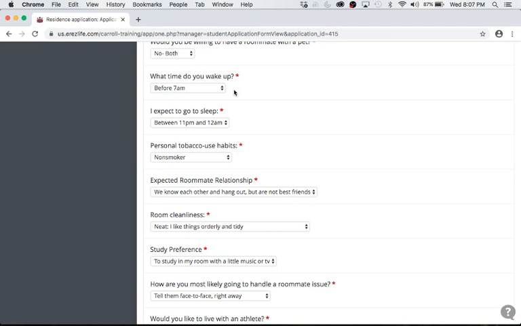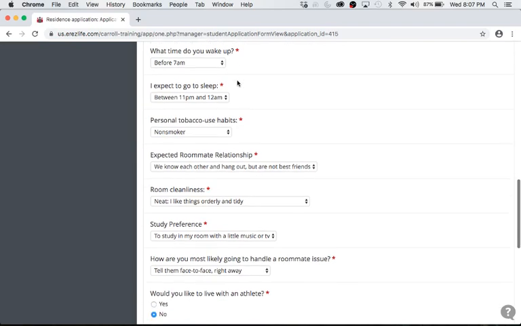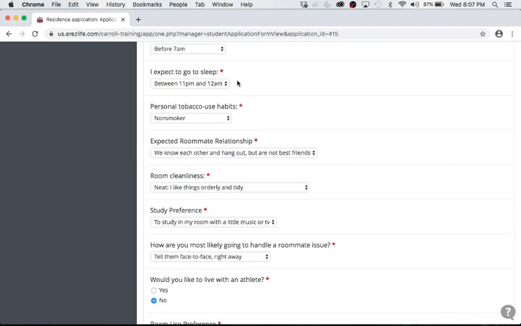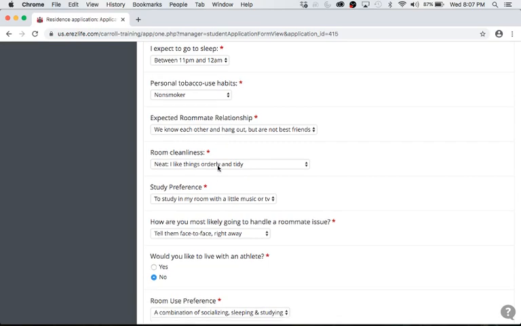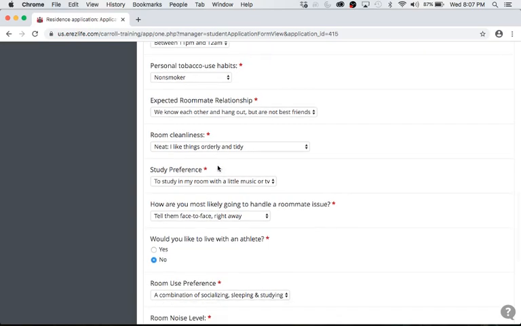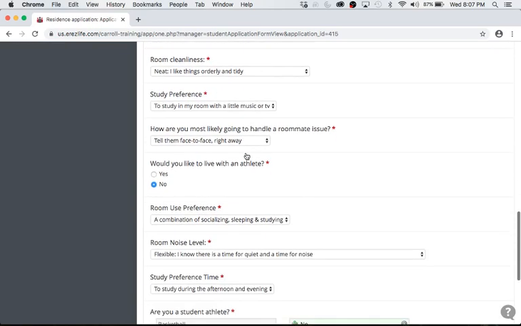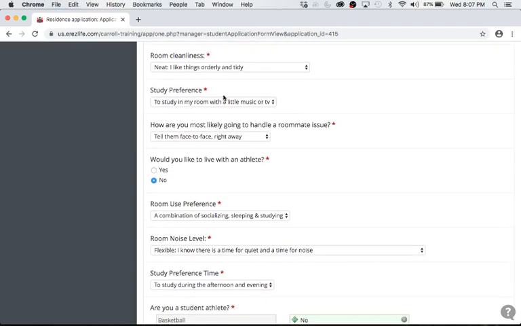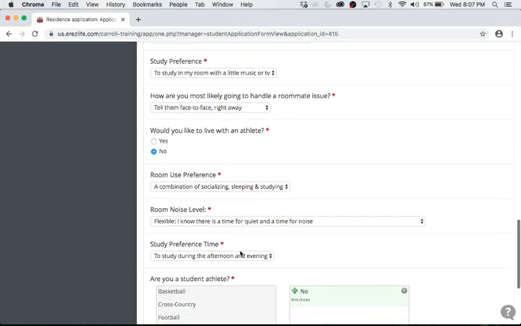And also, I acknowledge that your sleep schedule might change when you come to college, but just be cognizant of that. Room cleanliness might also be a very useful one. And then probably lastly, your expectations of how your room is going to be used. If you like to study in there,